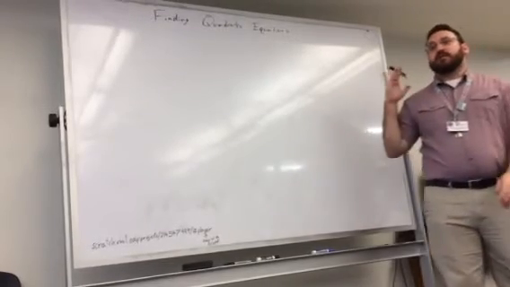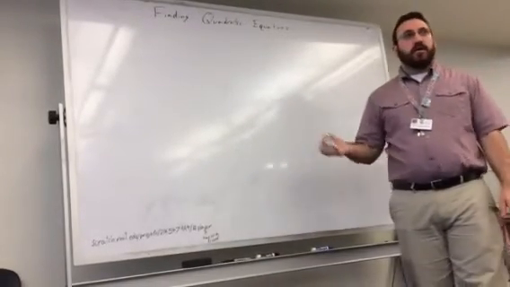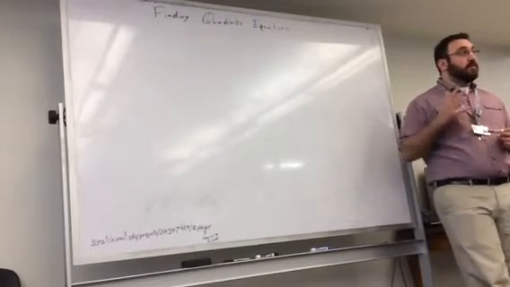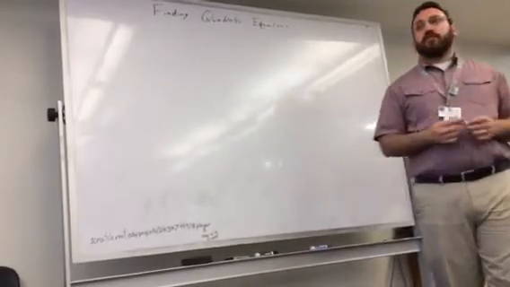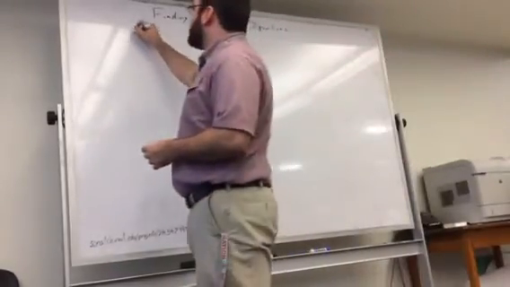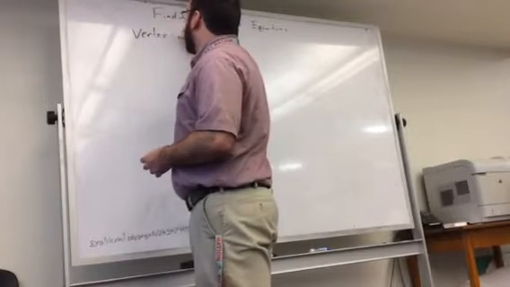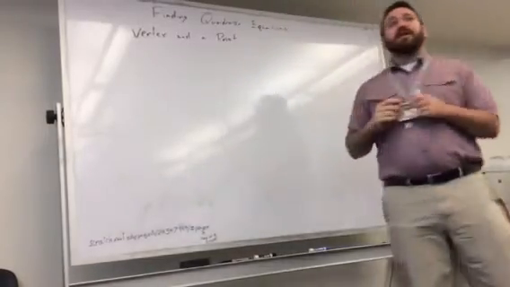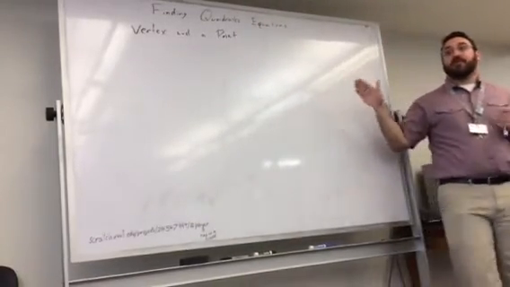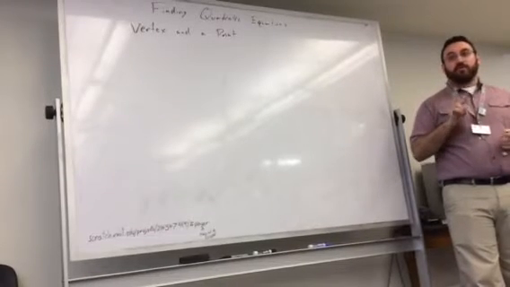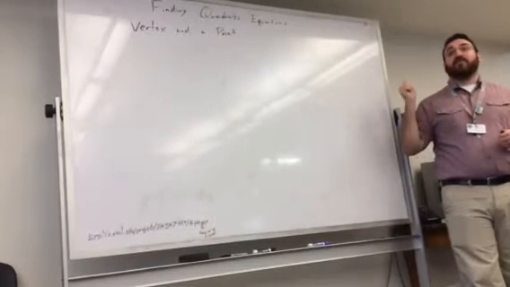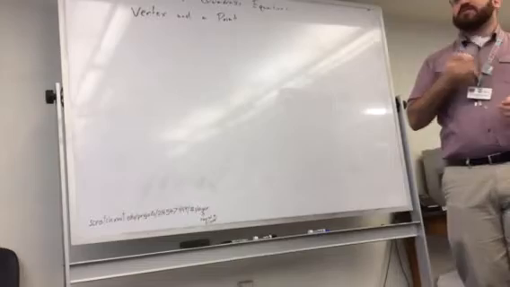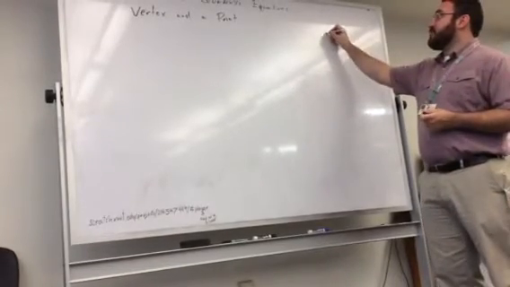So, today we're going to talk a little bit about finding quadratic equations and using different sets of points to do that. The warm-up that you'll have today was about finding a quadratic equation, but it was with two specific things. It gave you a vertex and a point. And what you'll find is that this is actually the only way to find a complete quadratic equation with only 2 points. You have to have a vertex in order to find a quadratic equation with only 2 points. The reason behind that is that the vertex is that middle part of the parabola,